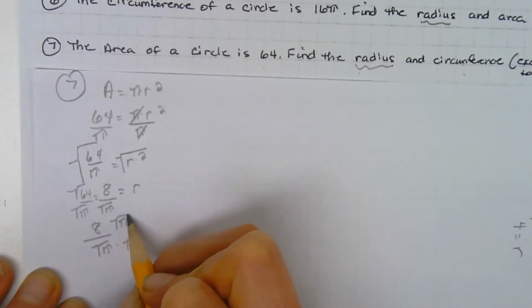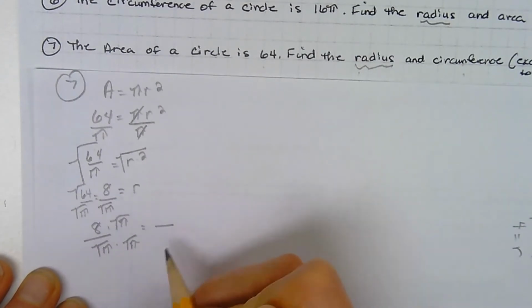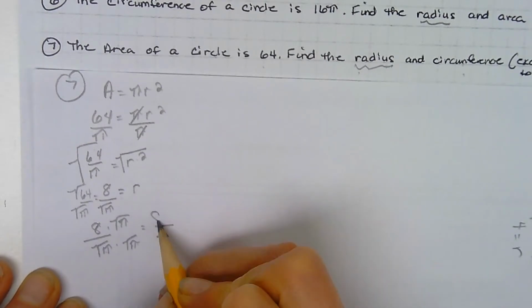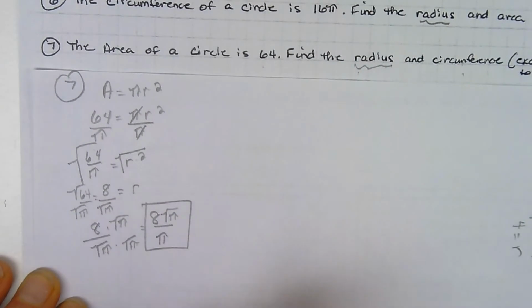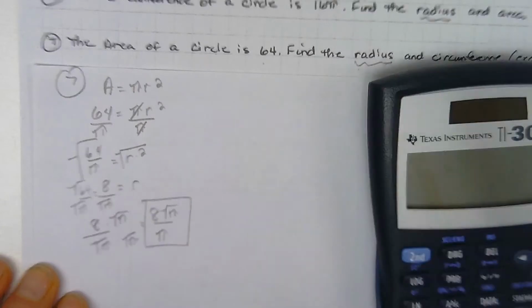You just treat it like a number, as if it was the square root of 2 or the square root of 3. So square root of pi times the square root of pi is pi, and at the top we get 8 square roots of pi. And that's the exact answer. Now, to get the approximate answer